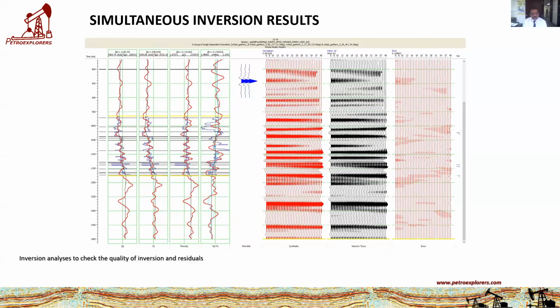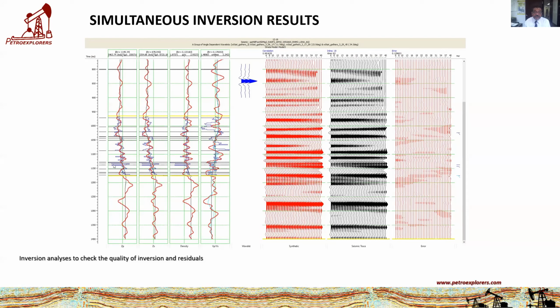Next step is going through just doing the inversion analysis. A major problem in this area is that the logs usually terminate at the interface of the Devonian or Mississippian carbonates, and that becomes really difficult to get the model across. So sometimes you have to add a model going below. There are various things you can do,